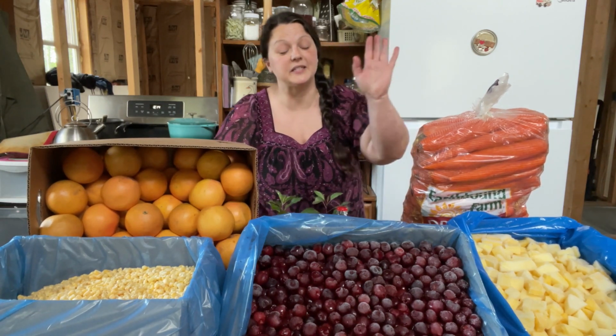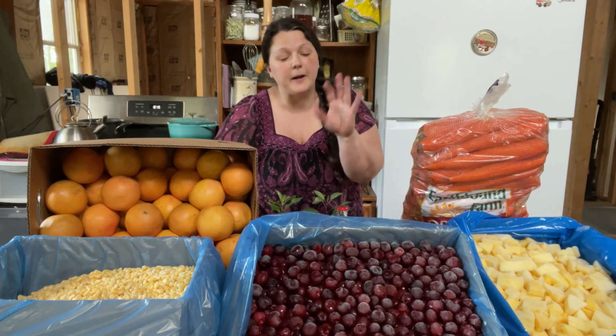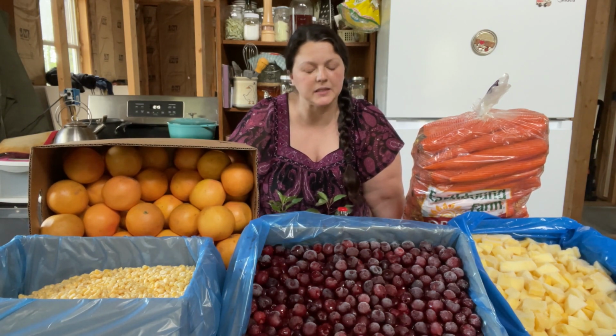I also got this 22 pounds of pitted organic cherries, which I'm really excited about. And I can buy these frozen, pre-pitted, pre-stemmed cherries about the same price as I can buy per pound the whole ones with the pits and everything at our grocery store. And this way they come pre-pitted, pre-frozen, and already half processed for me, which makes my life pretty easy. We're going to make some cherry pie filling. I'm not quite sure what else we're making out of that, but you can bet your sweet bippy we're making